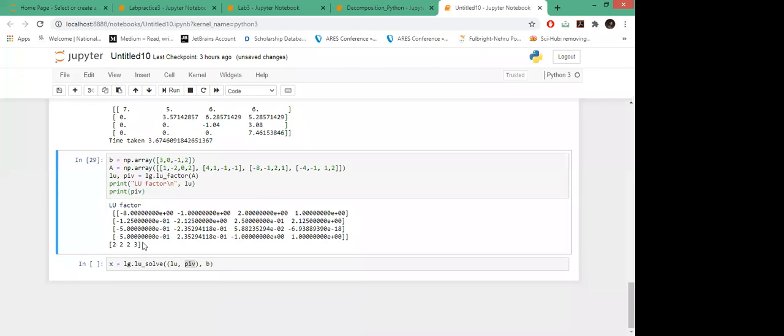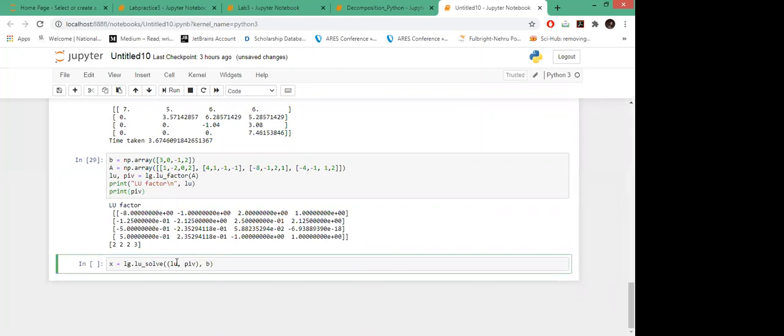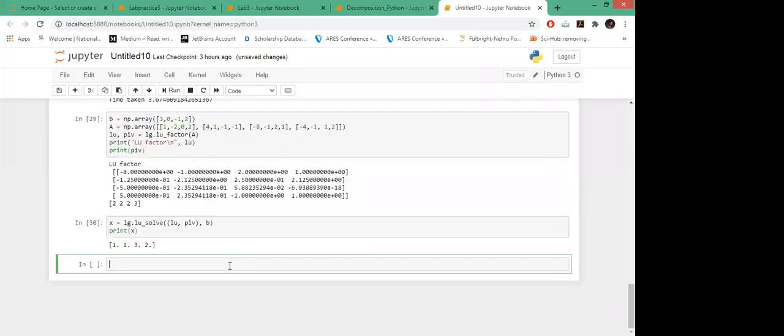The pivot i implies the ith row exchange with the entry in the array. So we need to pass this pivot as well, and this LU factor as well, and the B vector to get the solution. Let's see. So this is the solution for your system of equations.